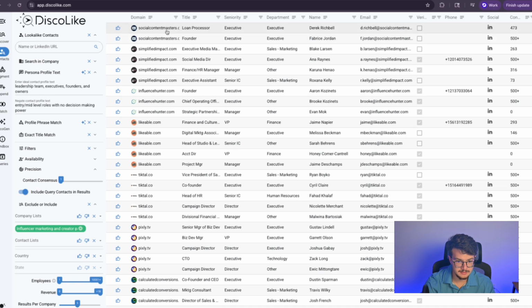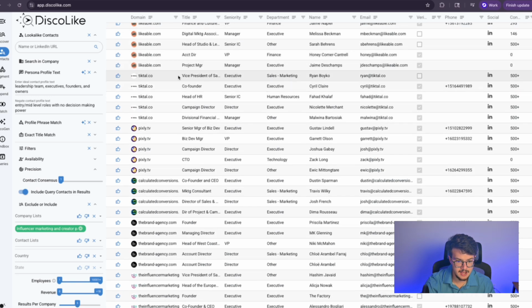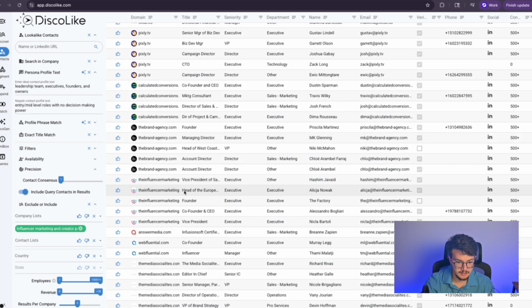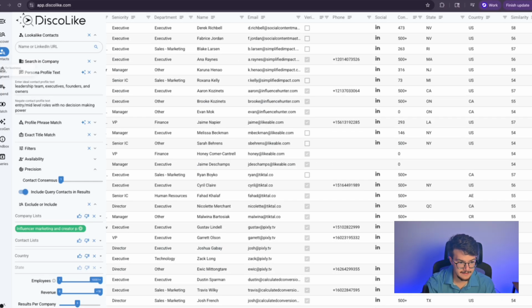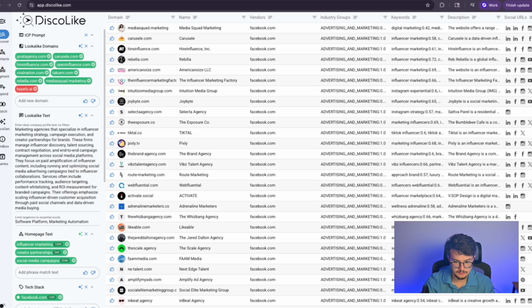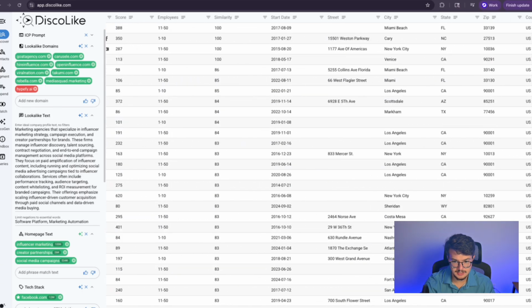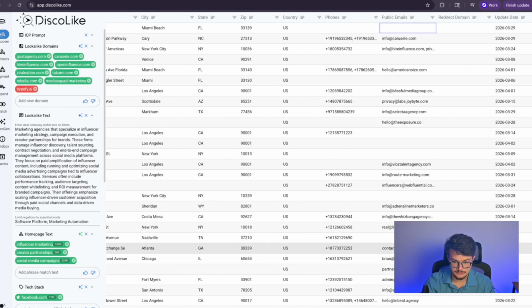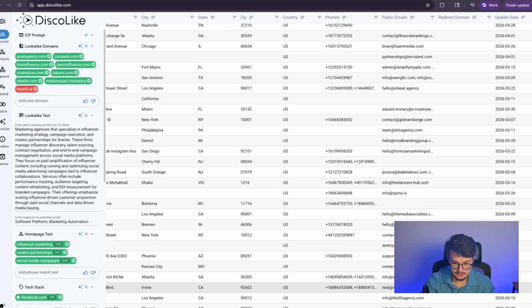So we have content masters, we have TikTok, vice president, co-founder, founder, and all these typically actually have an email attached to them. And I forgot to mention this earlier, but back on this little company page here, not so much for marketing agencies, but for local businesses, you also get the public email for free. So actually look at this. Even for these agencies, I got all their emails right here. And literally all you gotta do is just click export and done.